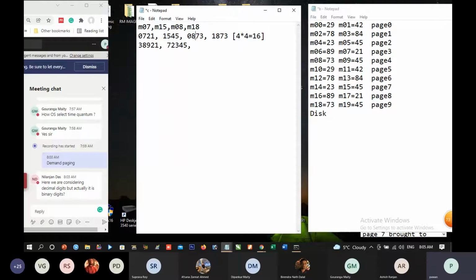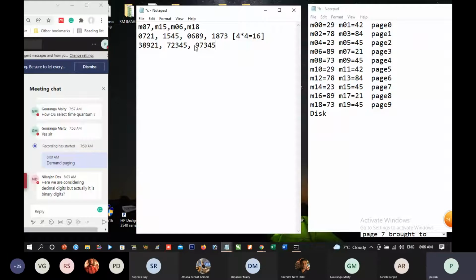Suppose it is not 8. We need 6. So 6 is 89. So here it is 6. Okay. So 15 is page 7, which is 2345. Then 18 is page 9, which is 7345.